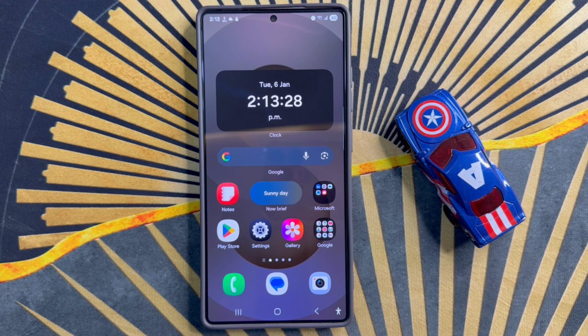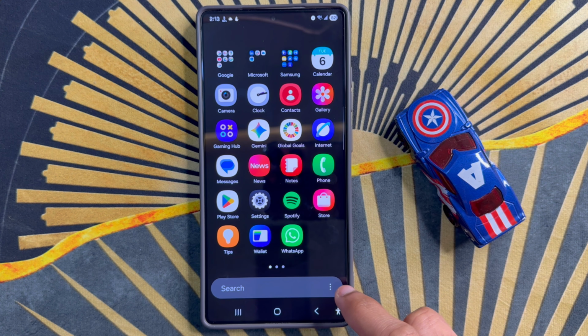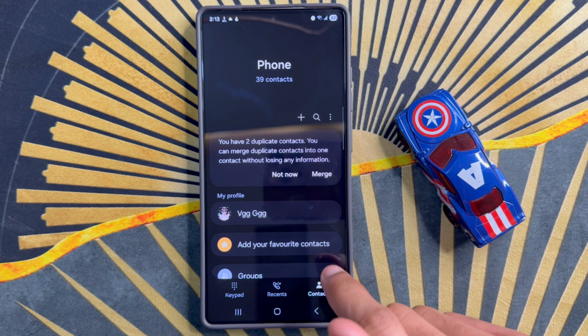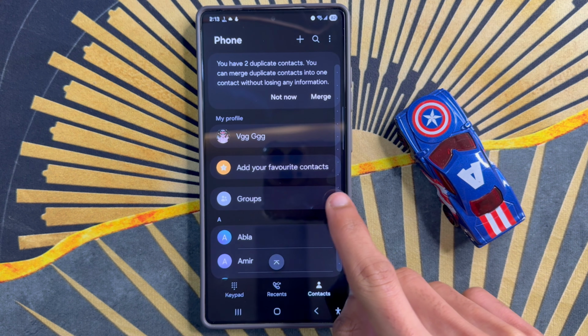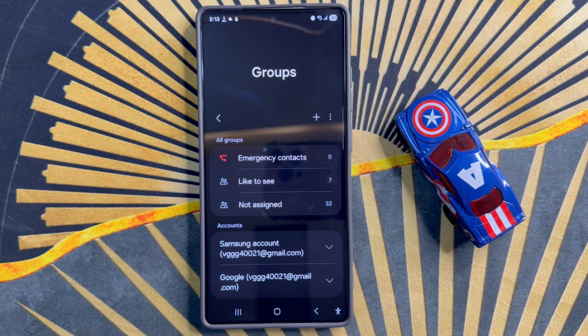Let's start the video. First of all, go to app library. Here click on phone app and click on contacts. After clicking on contacts, scroll down, you will see group, click on it. If you want to change contact group name,